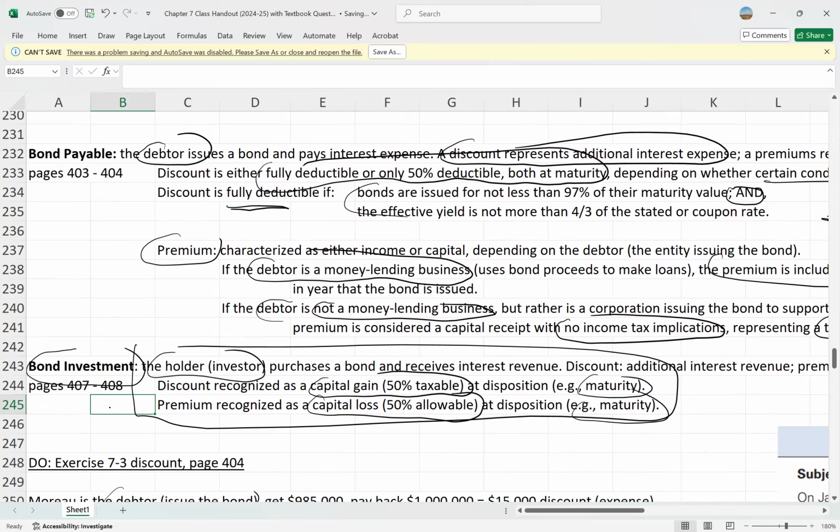So pretty basic when it comes to the holder of the bond and how they deal with the discount and premium. It's treated as a capital gain when it's a discount, 50% taxable at maturity, premium, capital loss, 50% allowable at maturity. We're now going to move on to